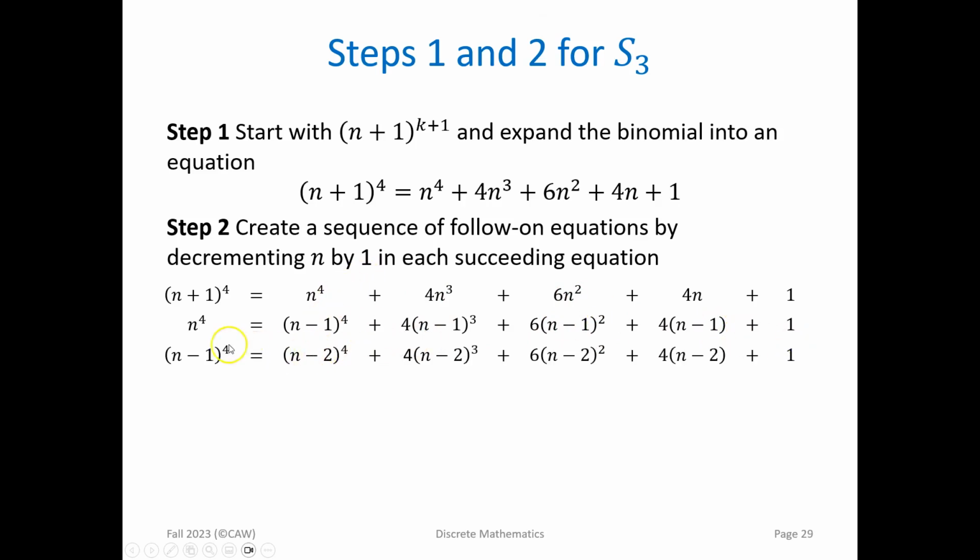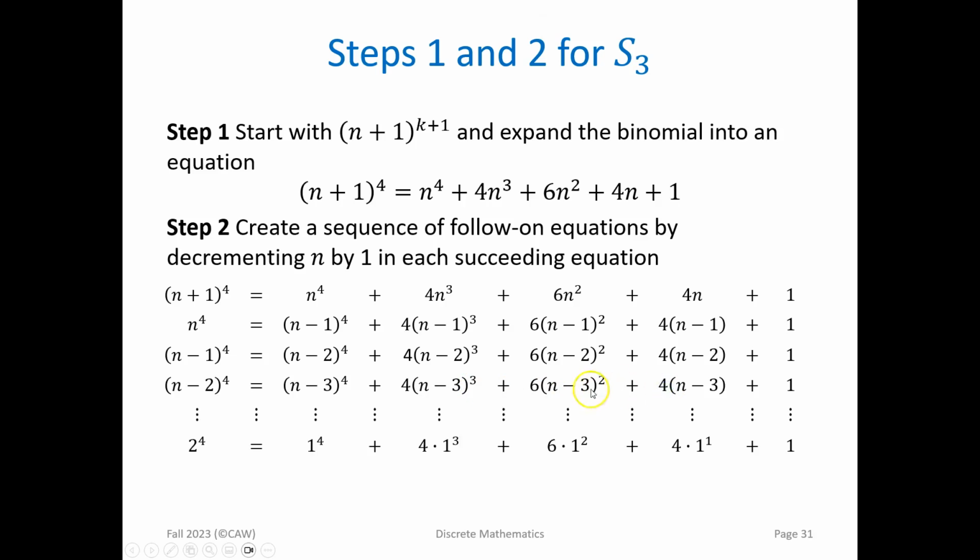This pattern continues. We're now at n minus 1 in the left column to the 4th. We'll now be at n minus 2 in all these terms across the equality on the right side. Similarly, in the next equation, we'd have n minus 2 to the 4th, and then n minus 3 to the 4th plus 4 times n minus 3 cubed, plus 6 times n minus 3 squared, plus 4 times n minus 3 plus 1. We continue on this, and this is an abstraction because we don't know what n is,